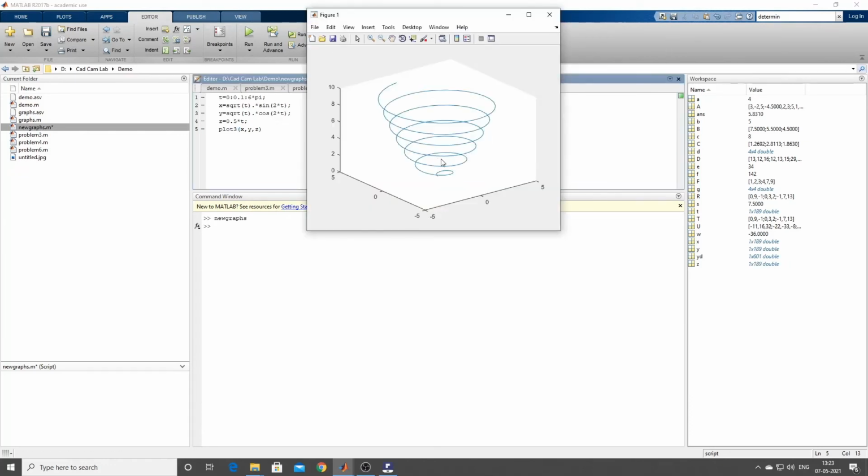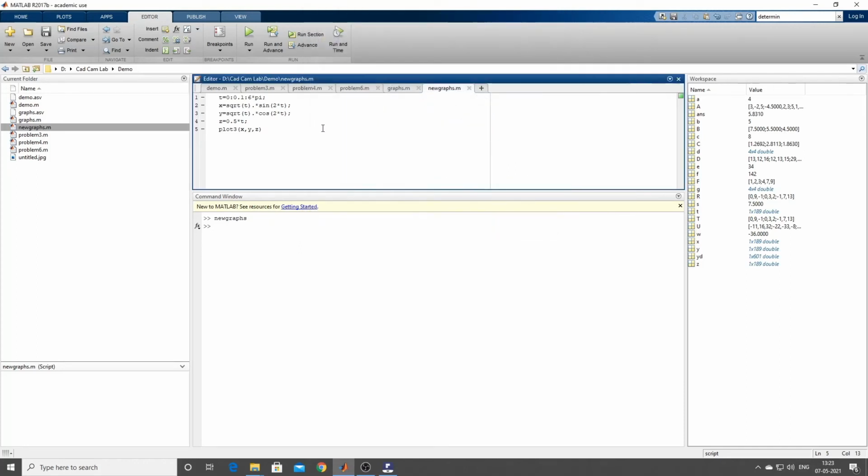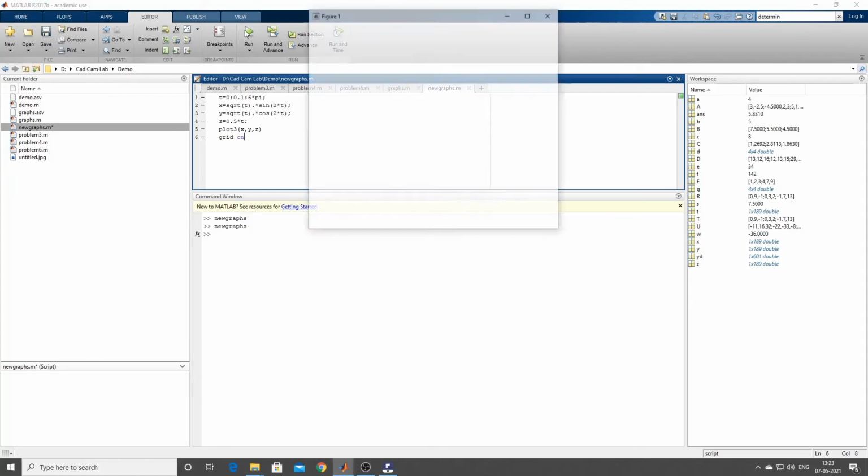See how beautifully you got it. Now if I want to add a grid to this, and thickness, etc., you can do all those things. So you can give enter here and give grid on. Now you can just see how this thing changes.